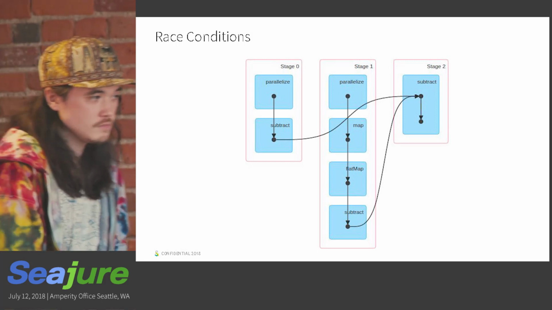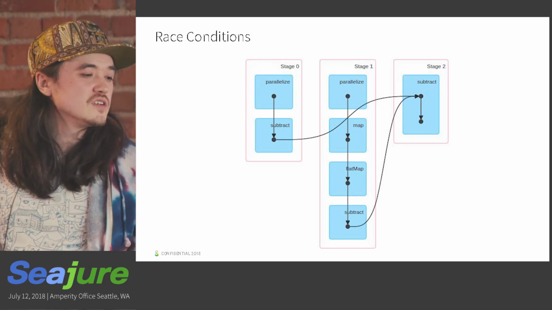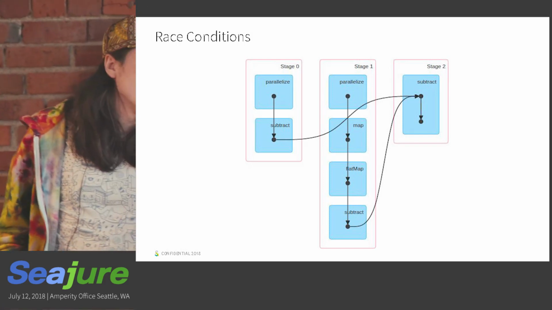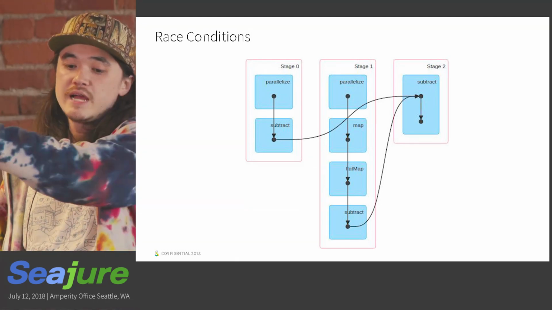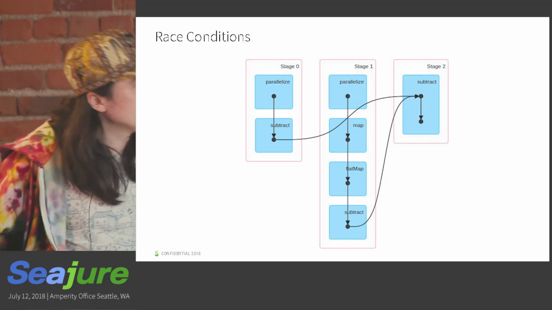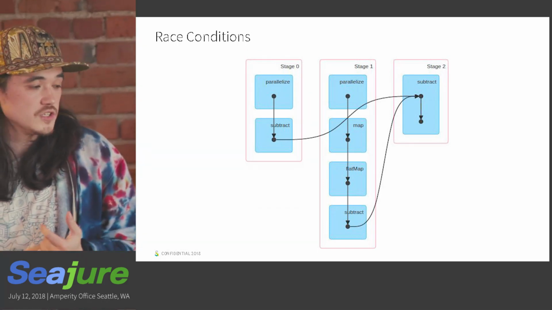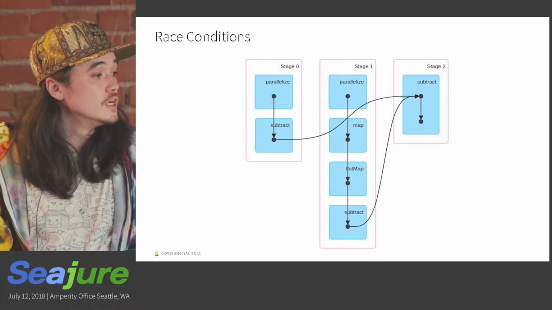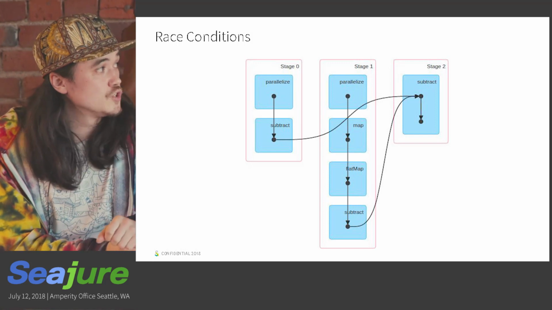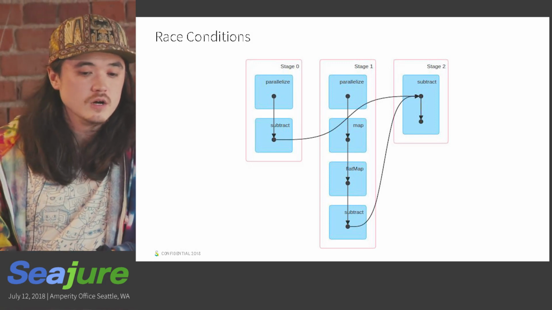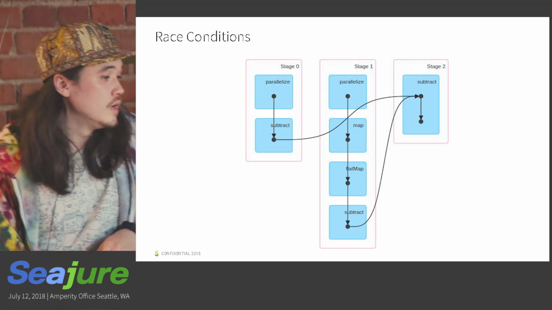So let's pivot again. Let's talk about race conditions. If you've worked with Spark or any kind of distributed processing engine, you know that really what you're doing is you create a series of transformations and then you call a trigger action to start actually executing those. But in building up those series of transformations, you build up what is called a DAG, which is the same math definition as a directed acyclic graph, that describes the execution order, dependence, and lineage of all of the data that is flowing through a given Spark application.